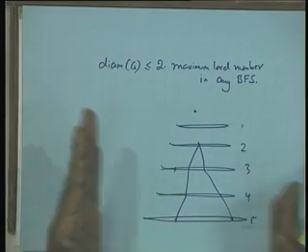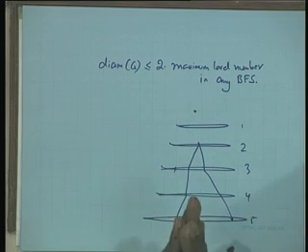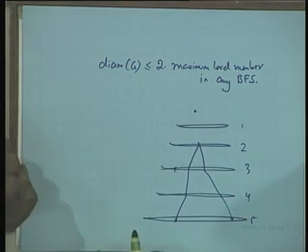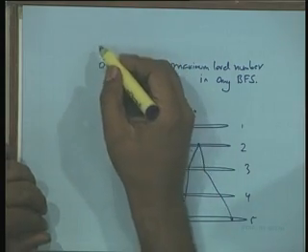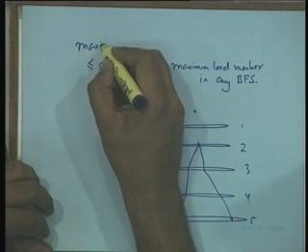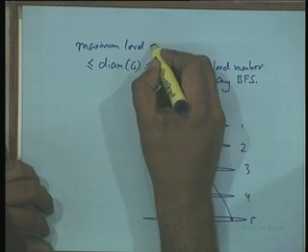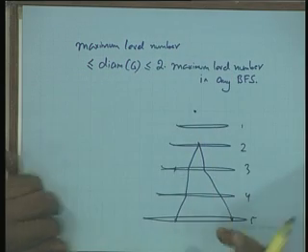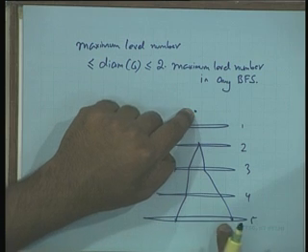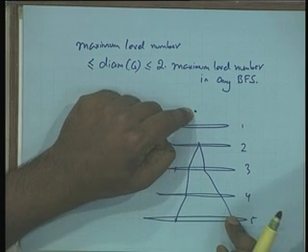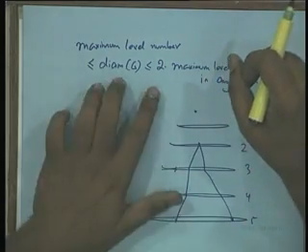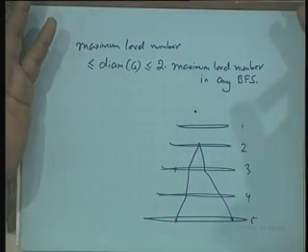Since this is true for every pair of vertices, the diameter cannot be more than 10. So the diameter is less than 2 times the maximum level number, and the diameter is greater than the maximum level number. So the diameter we know is at least 5, because there is a vertex here and one vertex here whose distance is 5. So by doing one BFS, you can get an approximation to the diameter.